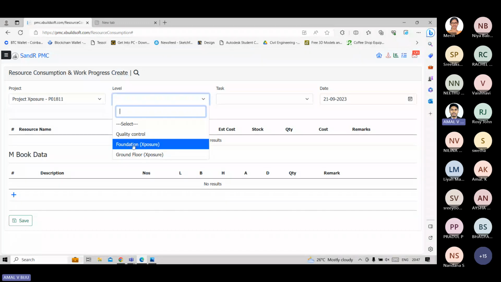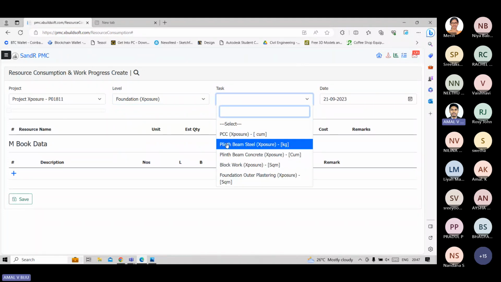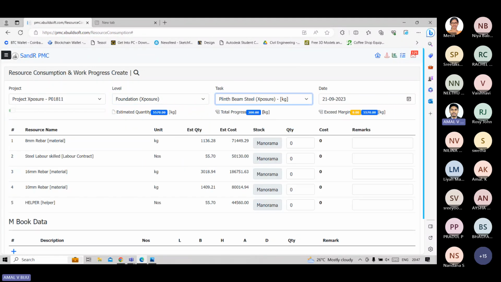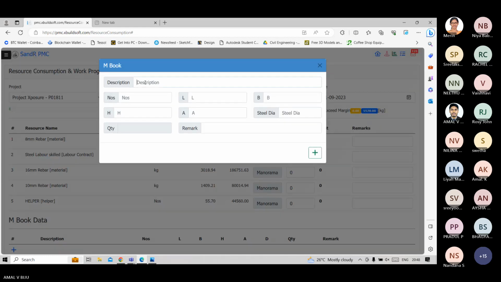We need to select the level foundation. In this, select the task beam steel. Now we can see that a total progress of 200 kilograms is shown. Now for the next day, we need to enter the quantity in kilograms. If 500 kilograms of steel work is carried out,